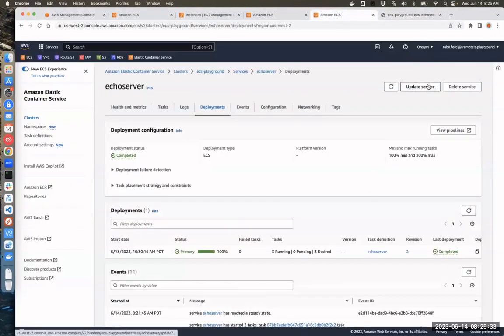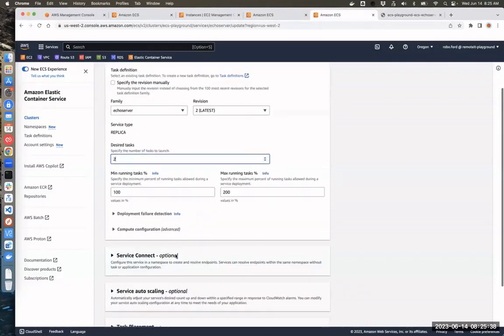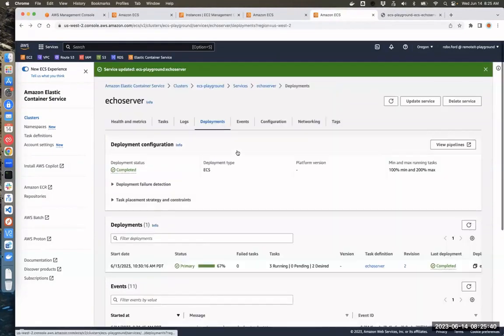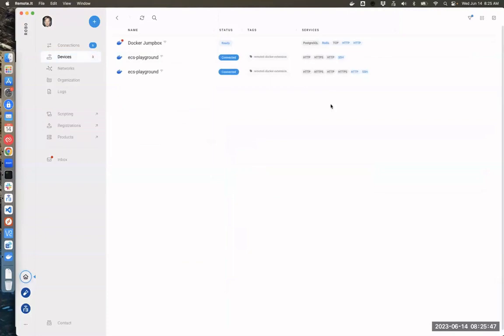If we go back here and we update the service again, and we set that back down to 2, and we say update, it's very dynamic. As Jamie showed, what should happen now is at some point when we go back to our devices, I'd like to look over here. This should go back down and kind of match each other now, hopefully, or it might get rid of the two over here, the echo server, and leave both of them on here. We don't know. And this is the whole reason behind having this dynamic connection to the host. You never know where these containers are going to go on your ECS cluster.